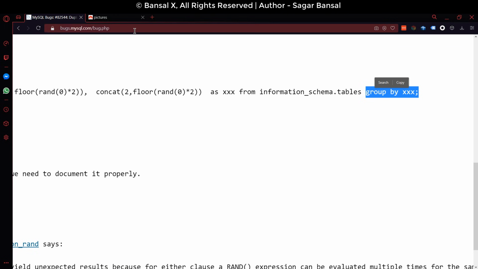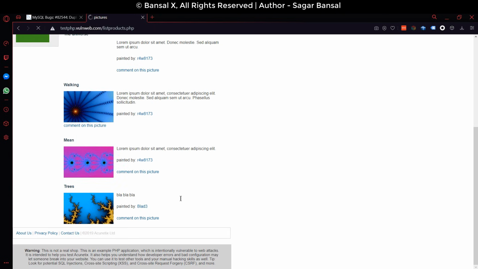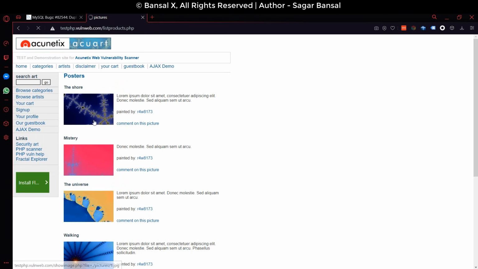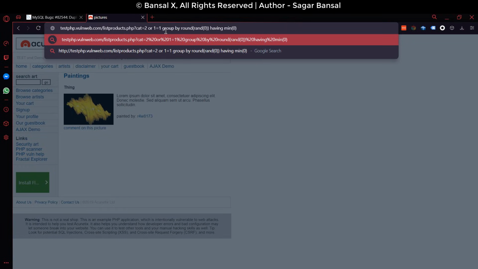I can go on this website. And you can see it normally takes a parameter called cat. When it is given a parameter called cat, it comes up with all these images. If I give a parameter of cat equals 2, you can see it comes up with only one result. So let me try to bypass this one. Cat equals 2. Since we already have or 1 equal 1, this will bypass the situation of cat and it will give us all the rows in the table